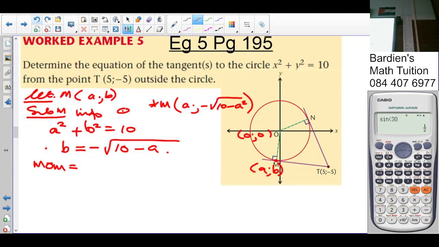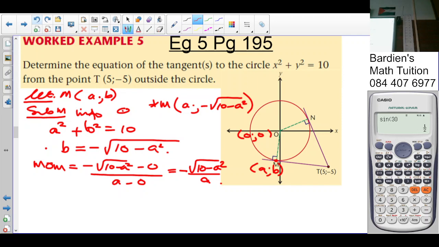That's 0 and 0. So it's going to be b minus 0, but b is negative root of 10 minus a squared, minus 0, over a minus 0, which simply gives us negative root of 10 minus a squared over a. Okay, so that is one expression